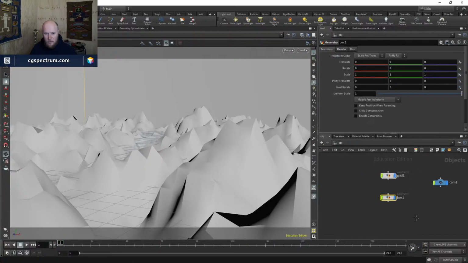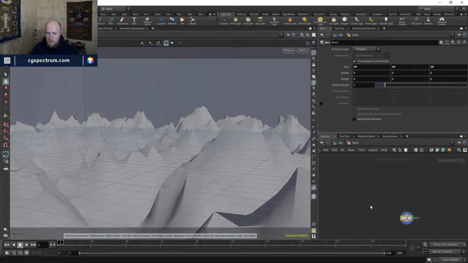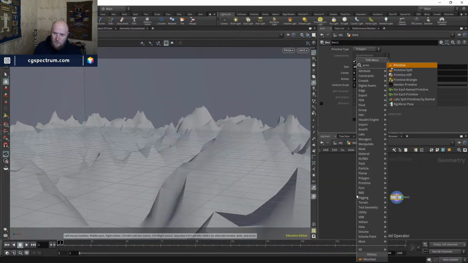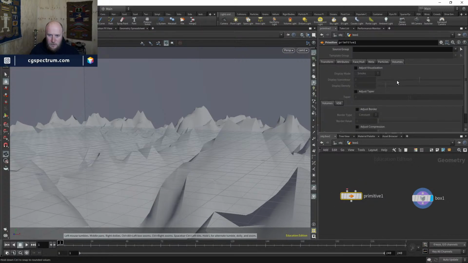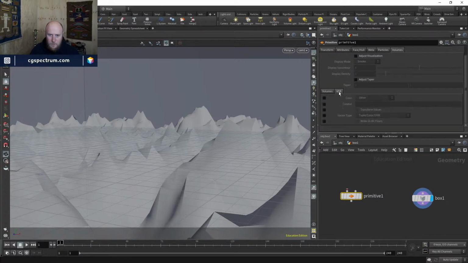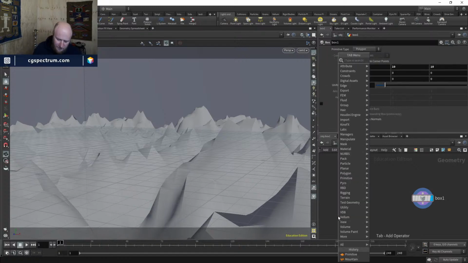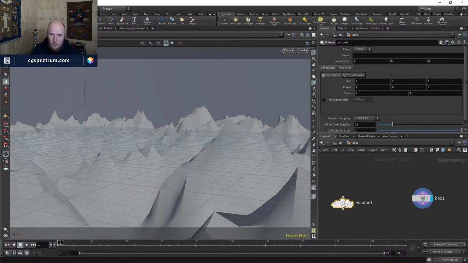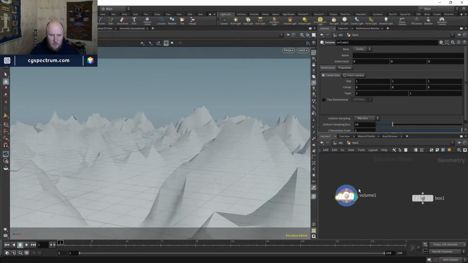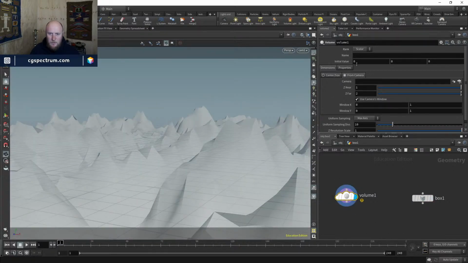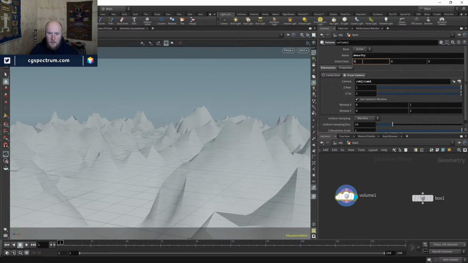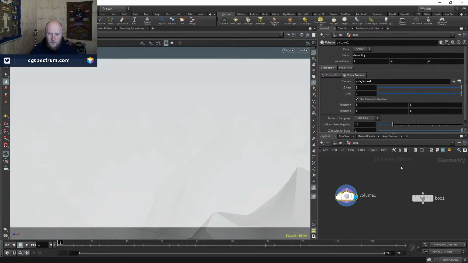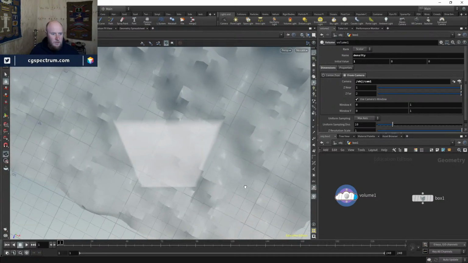Another option that you can try is to use a primitive node. I think it's a primitive node. Volumes. Is that what I want? No, I think it's a volume node. Yeah, this one. This one has this cool ability to choose from camera. Up here under name, I'll put density. Camera. If I pick my camera that I created and give it a value, 1, it actually will create a volume